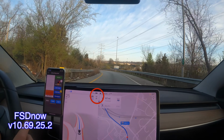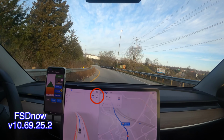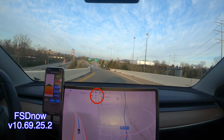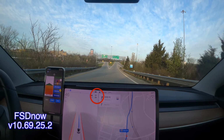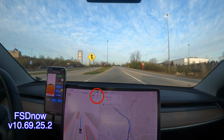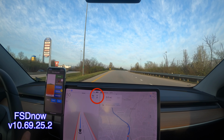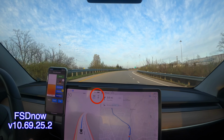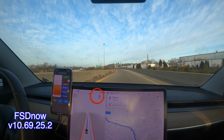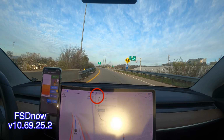Voice control is working. So here we really got to speed up, because we're basically on the entrance ramp to the interstate. It's still showing 25. Toy intervention. We don't have any traffic. It's still 25. Very interesting. You can clearly see we're going to be merging into the high-speed lane here at 25 miles an hour. That would not be good,